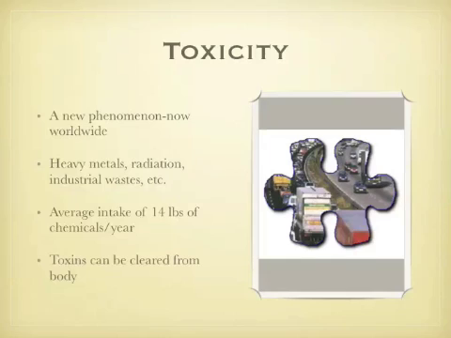The average person in the United States takes in about 14 pounds of chemicals per year in the food that they eat. And of course, we're talking about food colorings, humectants, preservatives, and so on. And so these toxins can be cleared from the body. And in fact, it's a fascinating thing, but oftentimes, people try to lose weight, and when they go on a diet, they may lose some weight, but then as soon as they go off the diet, the weight comes back on. And I believe that's usually because the reason why they're overweight is because their body is storing toxins that they can't really break down or process in their adipose tissue.